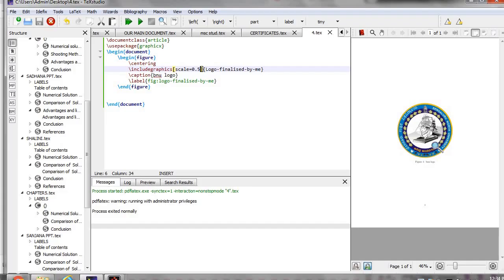So this is nothing but inserting graphics or inserting any figure. This is a very important topic. You need to include any graphic, or if you want to include any figure, you can do it easily. But the main thing here is, save the graph or any image in the file where you have saved the text also. Text file and the image should be in the same file. Okay, so just practice it and let me know if you have any doubts.